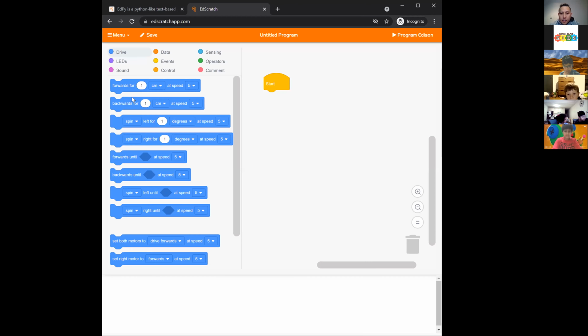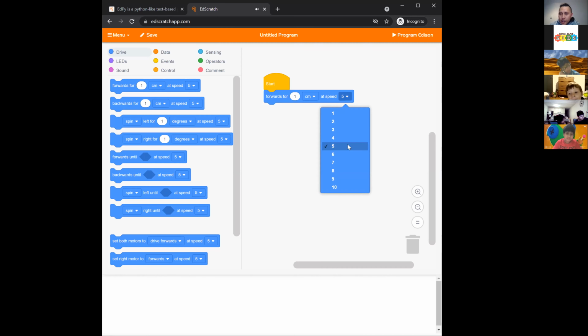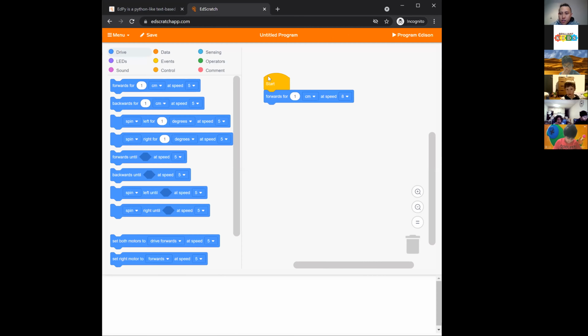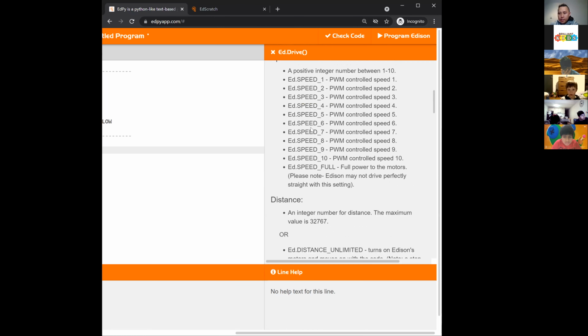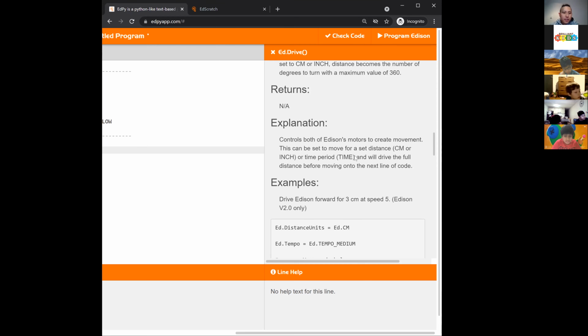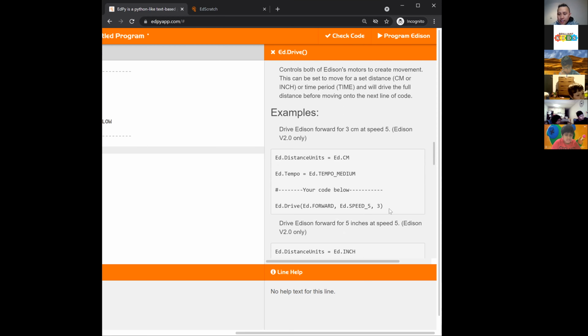Speed, similar here. We can set the speed here, but here you have to set the speed yourself, and the distance, similar here. You can set the distance for 20 centimeters, but you have to type it in yourself here. So I'll give you an example of how this will work. This is an example of what we've done.